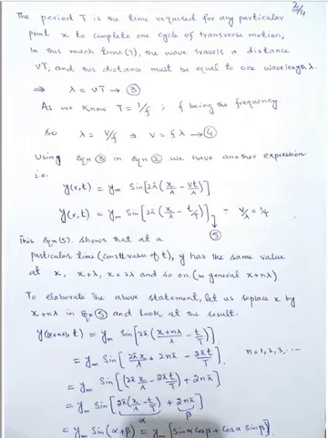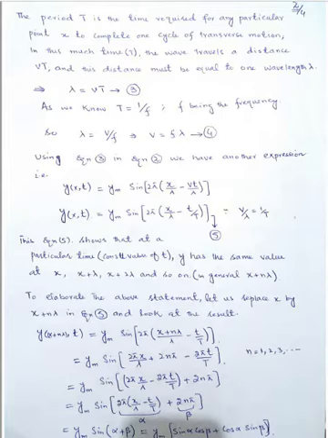The period t is the time required for any particular point x to complete one cycle of the transverse motion. That is, on a stretched string, every point or every particle oscillates in a direction perpendicular to the propagation of the wave. So the time period t is the time during which every particle completes one oscillation,